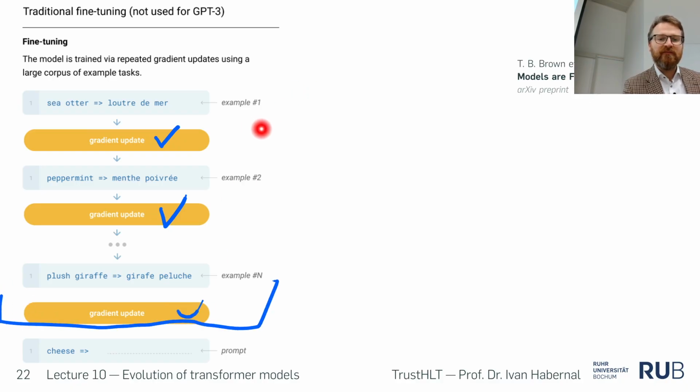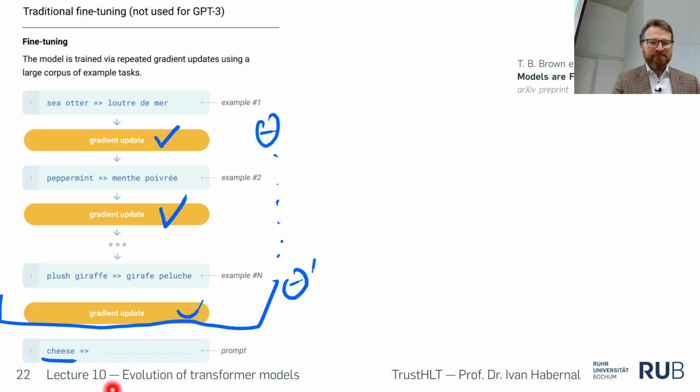So here you have some sort of theta, and after that you have theta prime, which are different parameters. And then what you want to do is you prompt it with cheese, and you want to get out, and I know this one is a fromage. Yeah, that's all my French, okay? It's one afternoon in Strasbourg for a Christmas market, because there's a lot of cheese in there. Okay, good. And you get a cheese out, you take a fromage, and then this is how